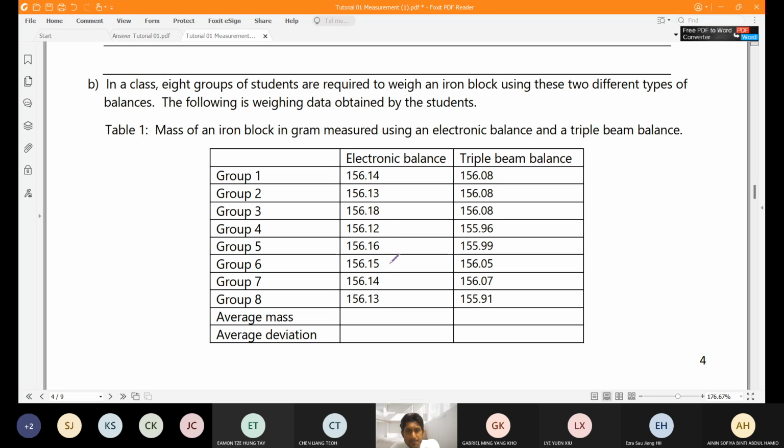We'll just sum it up and then divide by how many, 8 different measurements we have, not by the groups, because if it was tabulated in this table and somehow this group did not give any result, let's say group 4 did not give any result, I would sum these 7 data up and divide by 7, not by the groups, but by the available data that we have. So for the electronic balance we will find the average, and for the triple beam balance we will find the average. The deviation,